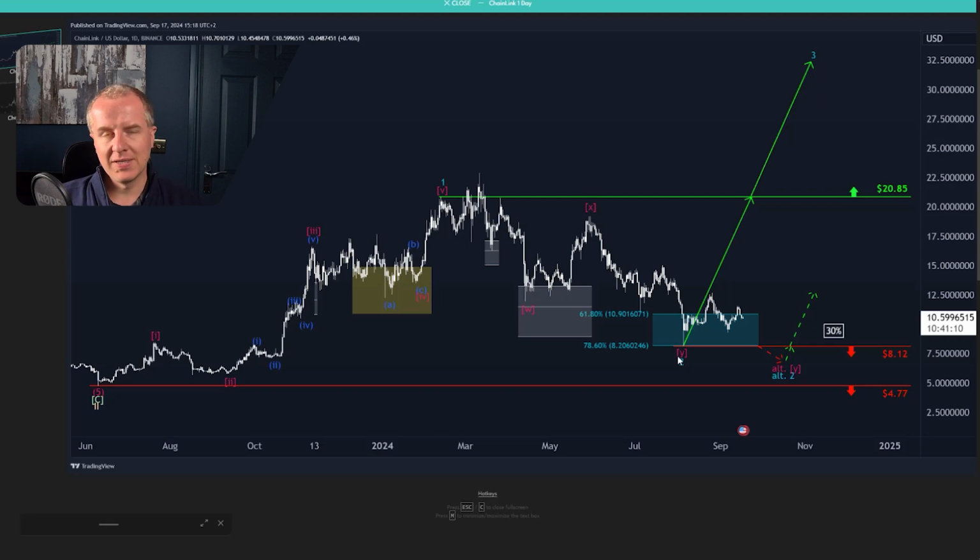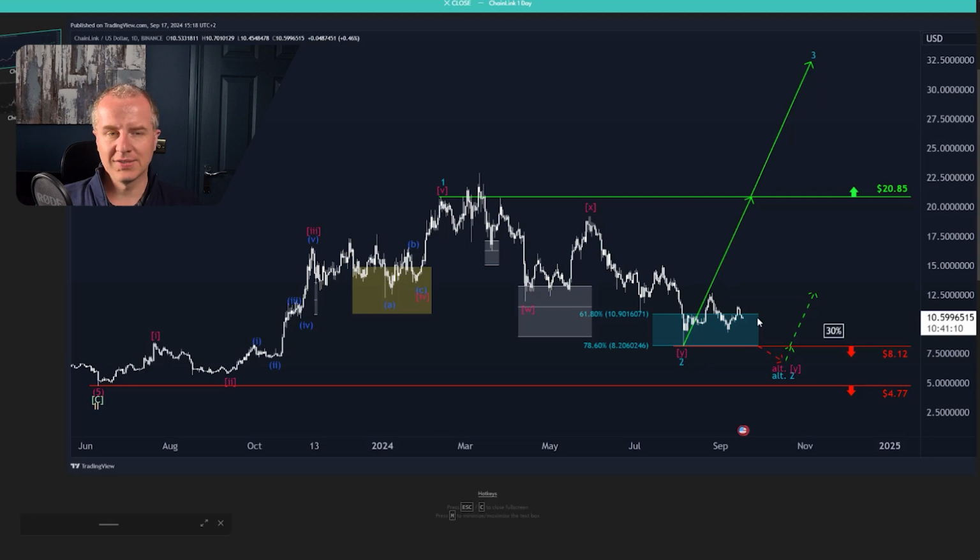Please note that obviously also a 30% probability, which we assign to the alternative scenario, which is another low before we form a long-term low and reversal. That's also quite substantial. I mean, 30% is way less than 70, of course, and the preferred scenario indicates that we are holding the August low.